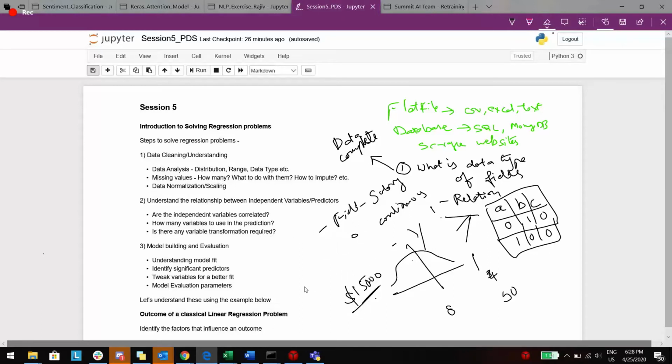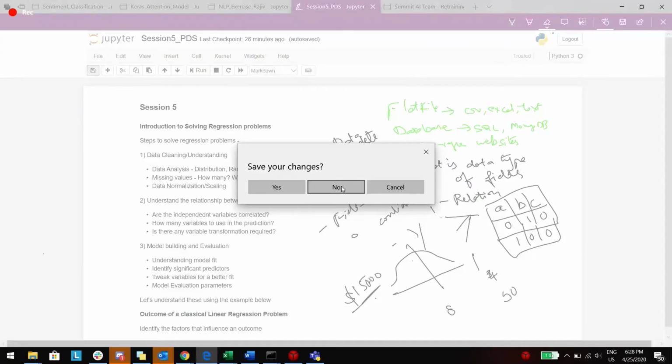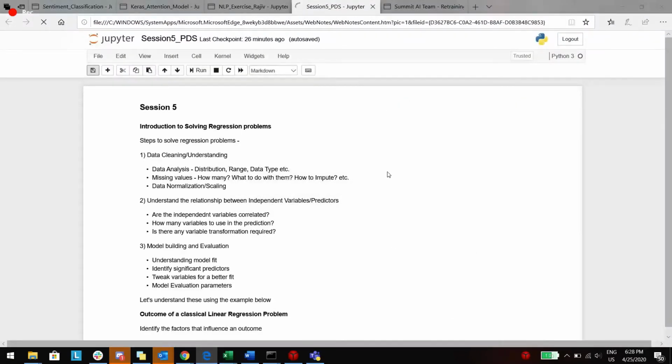Okay, now let's directly cover the remaining aspects. Once we are getting into this example, I'm just exiting the rewriting mode. Okay, so you're able to see my screen, right?